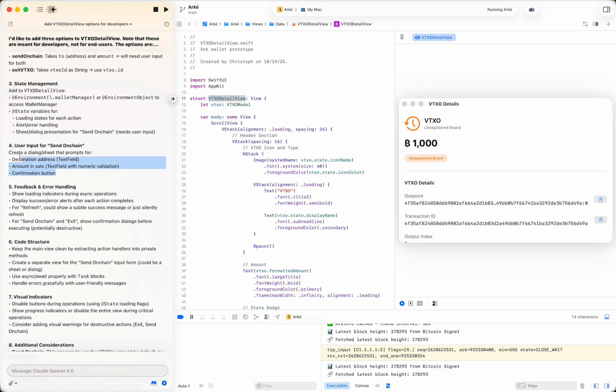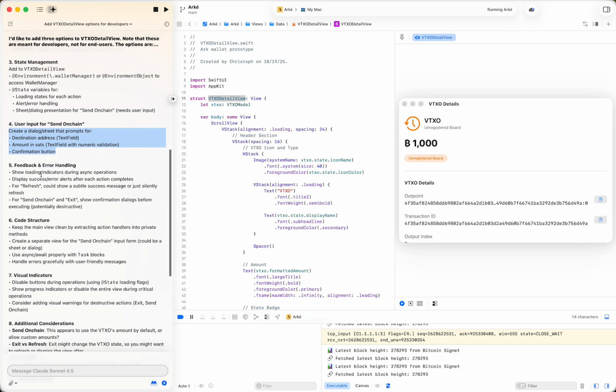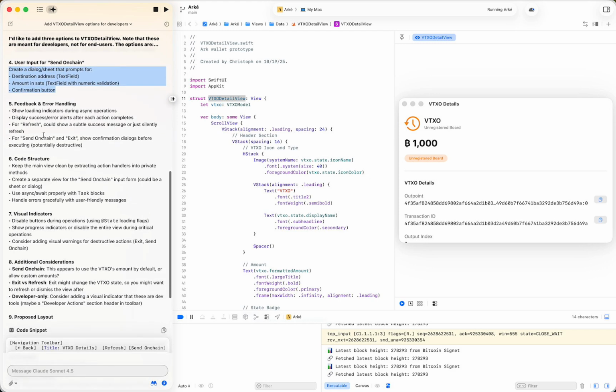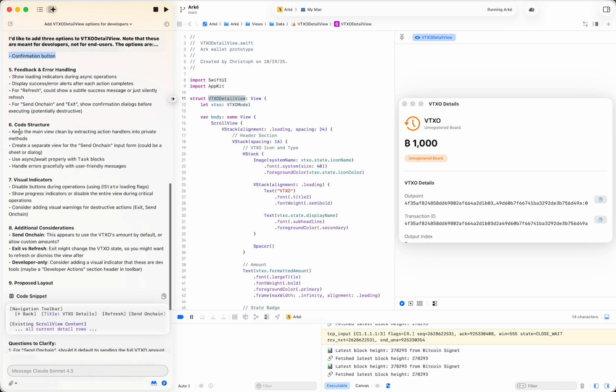Okay, so here is something where, typically with send on chain, you can choose as an end user which address, and maybe you want to add a specific amount. In our scenario here, I just want to grab a wallet from the wallet itself, and I want the whole amount. So I'm going to tell it to adjust that. Feedback and error handling, okay, fine. Shows confirmation dialog before executing, potentially destructive. I'm not sure I need that because this is for devs. They should know what they're doing. And I'm assuming